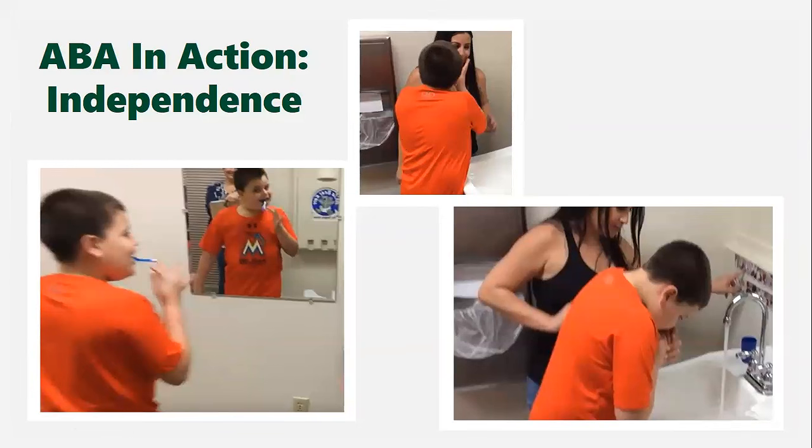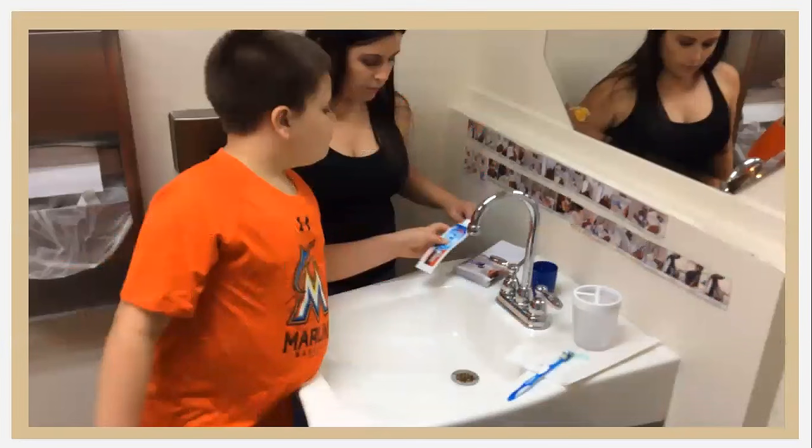And so, not any of these behaviors independently are so problematic, but the problem really was for mom to be able to have him brush his teeth and go through the entire sequence in a way where he could do it all by himself. And so the goal of working with him really was to build some independence and also to teach mom. So really, we have two clients here. We have Kevin and his mom, teaching his mom how to teach him to be more independent.